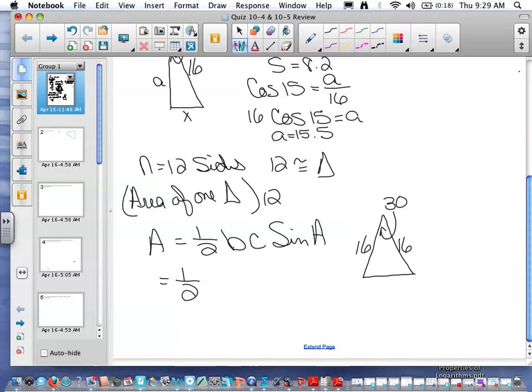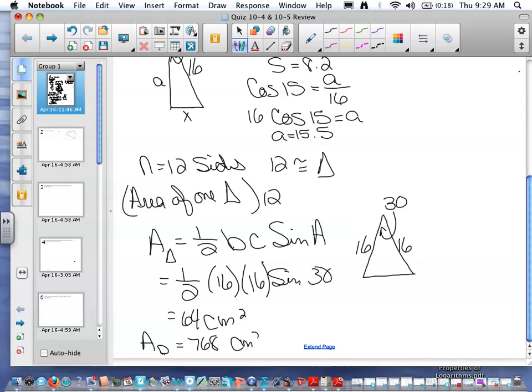You'll get 1/2 times 16 times 16 times sine of 30, and you will get that that is 64 centimeters squared. That's the area of one triangle. You then must multiply that by 12. So the area of the dodecagon is equal to